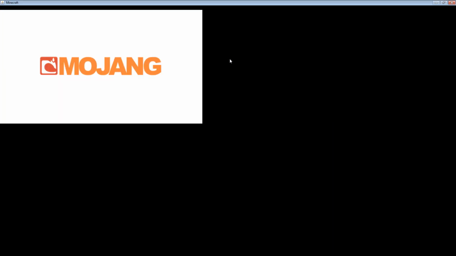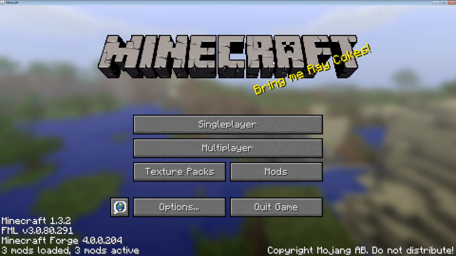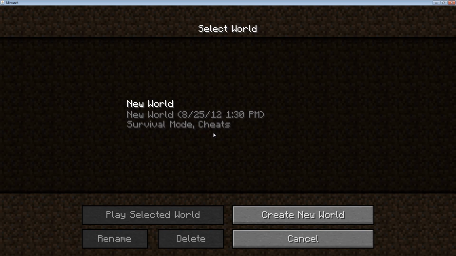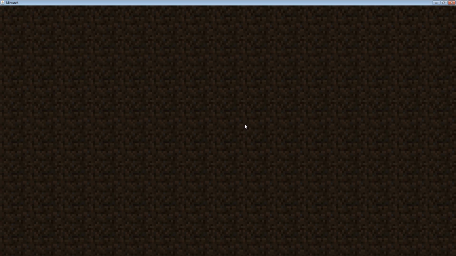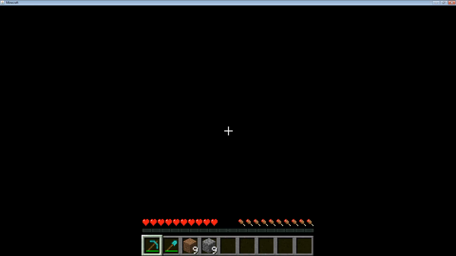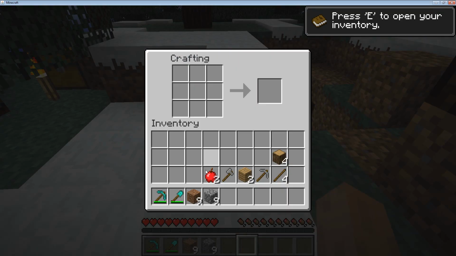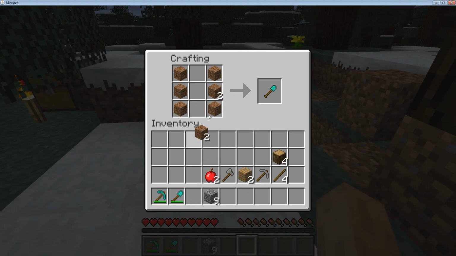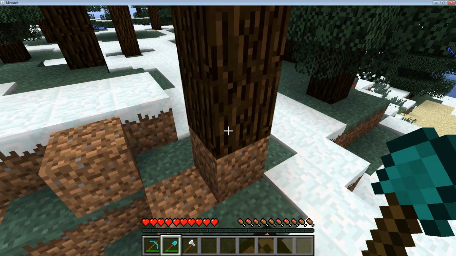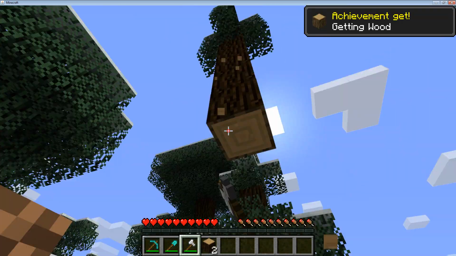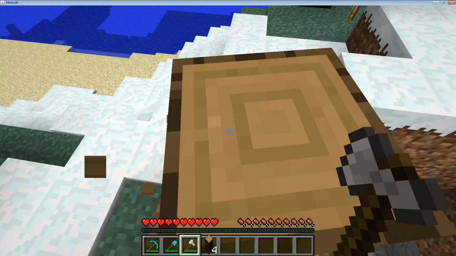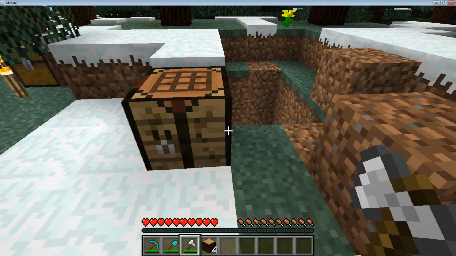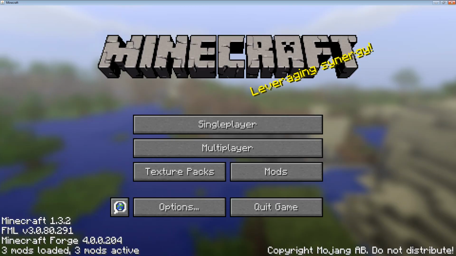And we'll make the screen all the way big. Alright, and the world is started. So like we said before, the way this one is made is 6 dirt, like so, and 3 cobblestone. And that gave us an iron pickaxe. So let's go ahead and get some wood, and we're going to make a little bit more complicated one this time. And I'm just doing this to show you guys the basics of getting this done, or the basics of